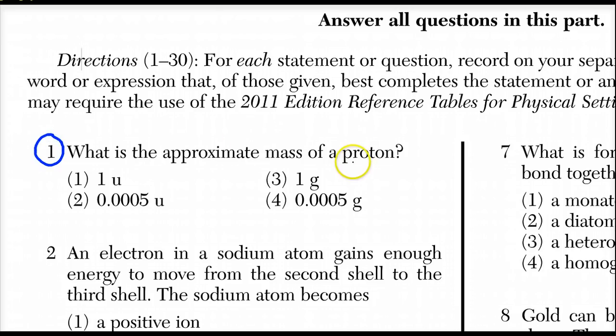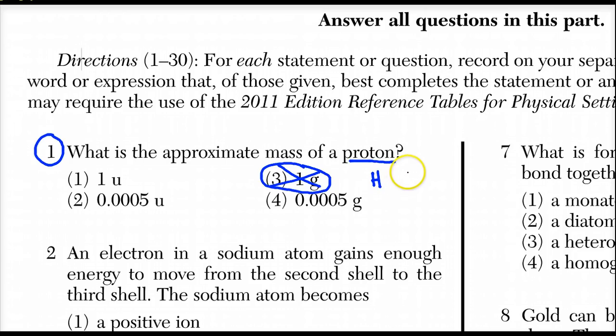Now, you may have been taught that the protons and neutrons are very, very tiny. And you should have been taught that because they are part of an atom. An atom is something we can't see, so the mass of a proton and a neutron is very, very small. So 1 gram would nowhere near approximate the mass of 1 proton. It's an overestimation. 1 gram of hydrogen atoms is a mole of hydrogen, so that would be